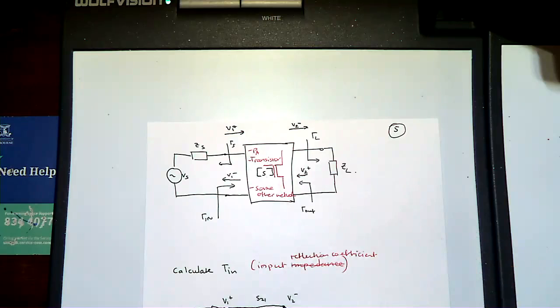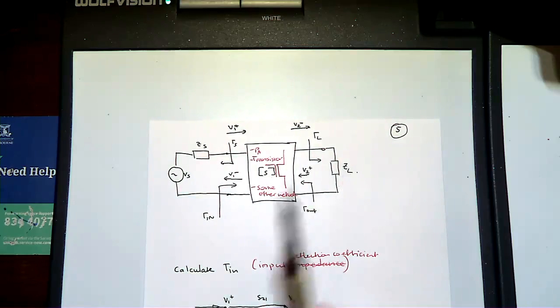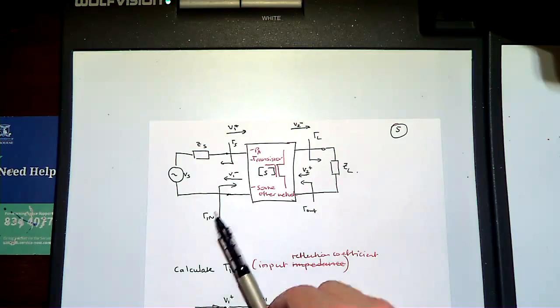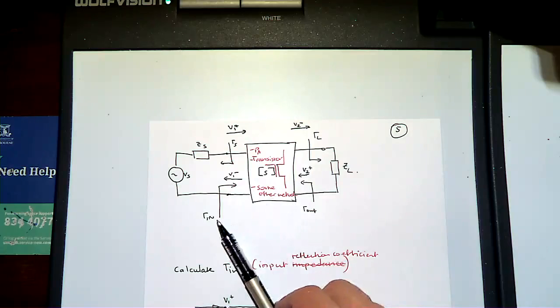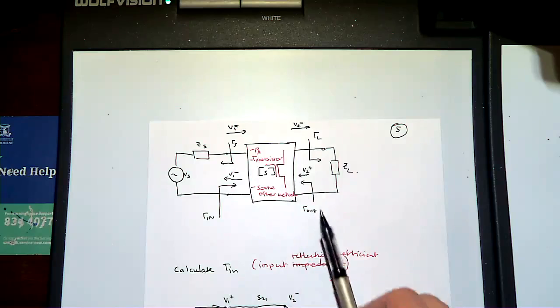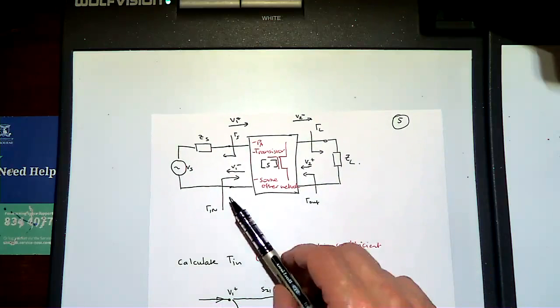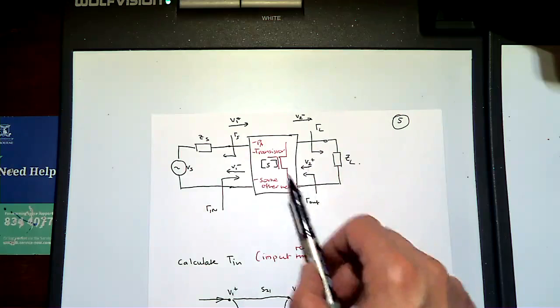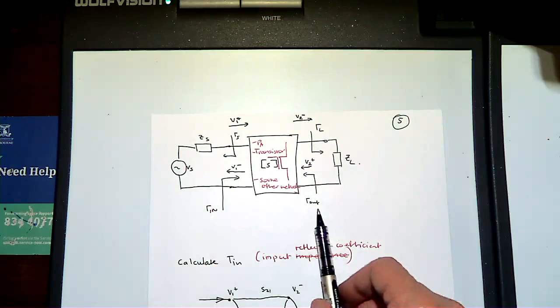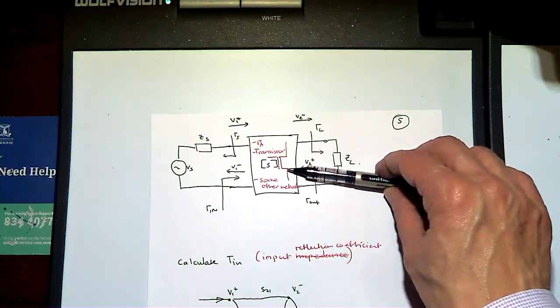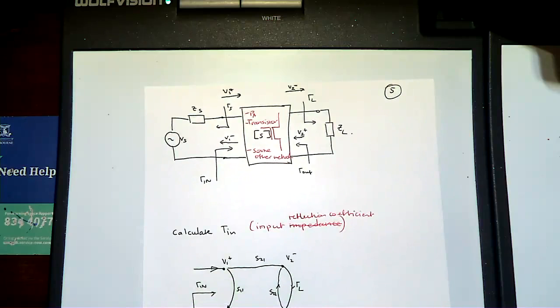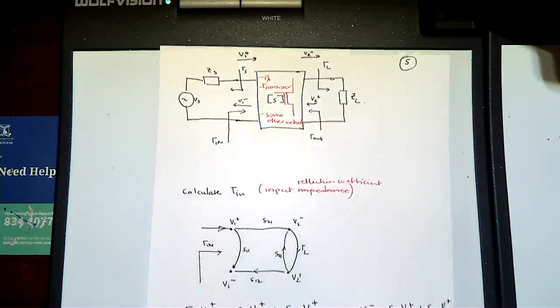Anyway, so here what we're doing is, because we want to maximize the transfer of power between the source and our network and then also from our network to the load, we want them to be appropriately matched. So now let's calculate this input impedance. The reflection coefficient looking into this network, and the reflection coefficient looking into the output port of this network. And essentially, in order to be able to calculate that and to actually work out the